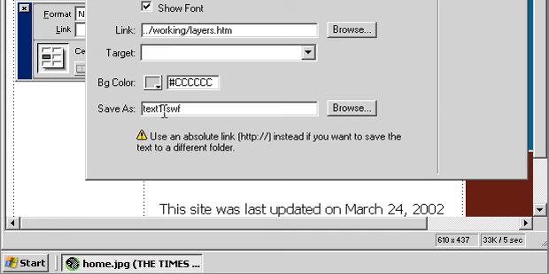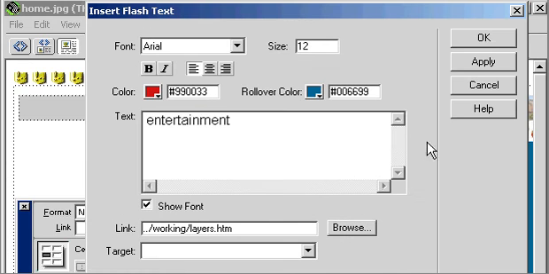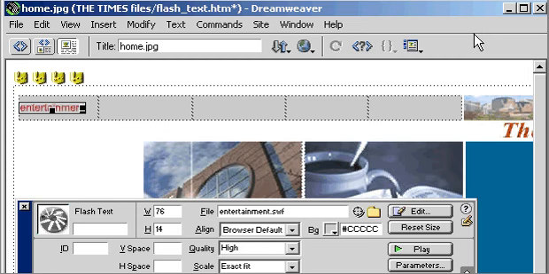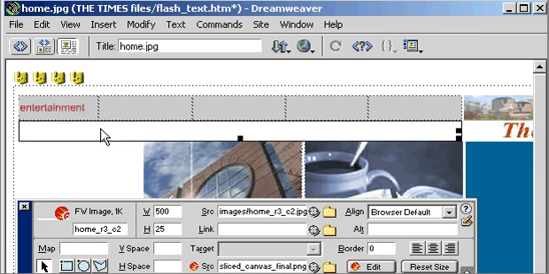Finally, I just give my movie a name. So in the Save As field, I'll go ahead and give it the name Entertainment. Dreamweaver is going to automatically save this with the SWF extension since it is a movie after all. We'll click OK, and in just a moment you'll see on the screen here we now have, if we deselect